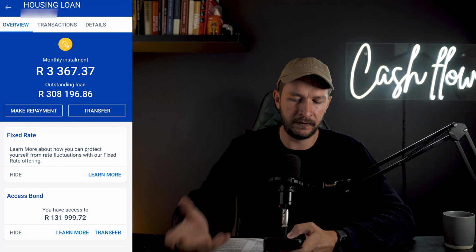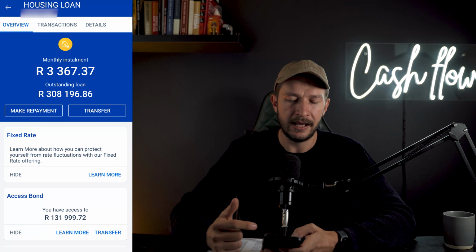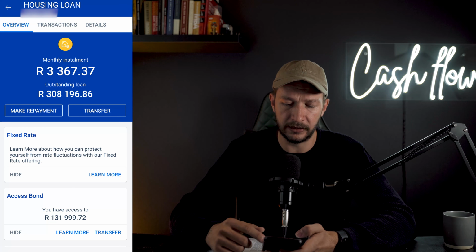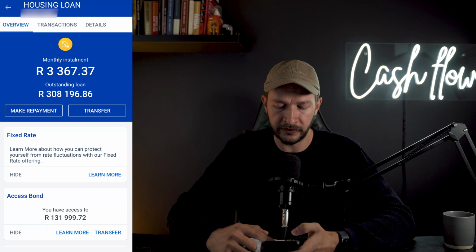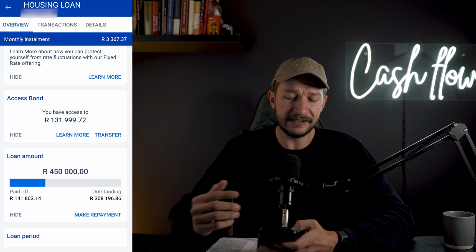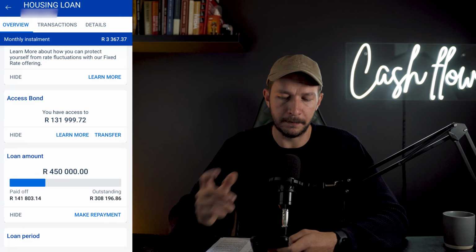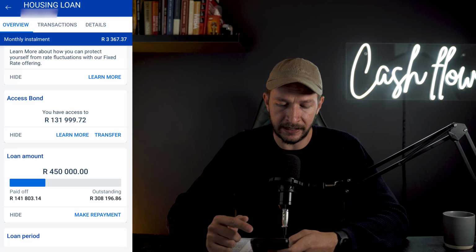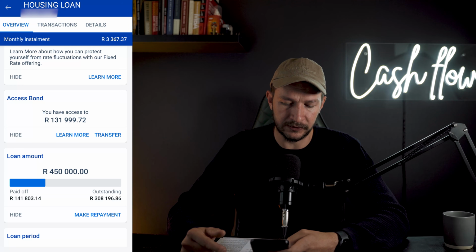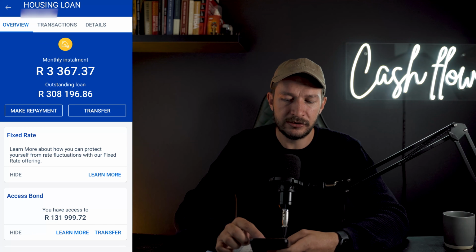Just to show you guys an example, this is one of the properties that I own and it's bonded with Standard Bank, and you can see that the outstanding loan is 308,000 Rand. This property was actually purchased for 310,000 Rand and I refinanced it for 450,000 Rand, where you can see at the bottom it shows that you have access to 131,000 Rand, or let's call it 132,000 Rand. So that's effectively money or equity that I have access to that I can use for future investments. But with that said, although it shows that the loan amount is 450,000 Rand, I only have to pay monthly installments for the 310,000 Rand, which results in around